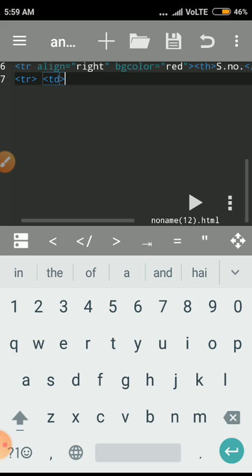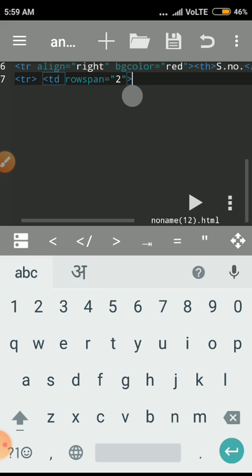Okay, so inside the td, suppose I give row span. Okay, then equal to how many rows I want to merge, suppose 2.